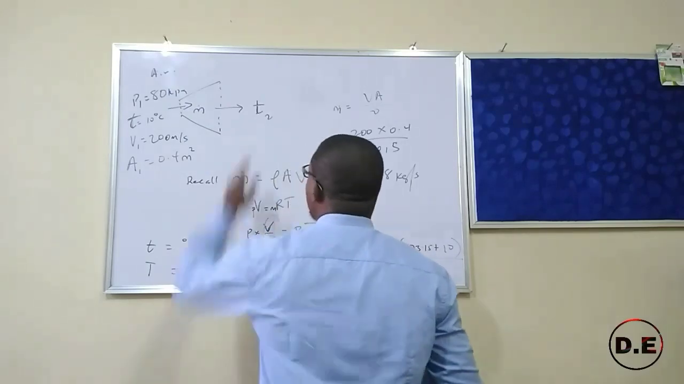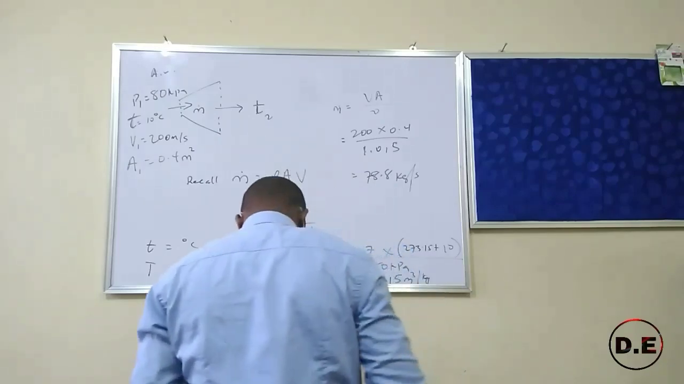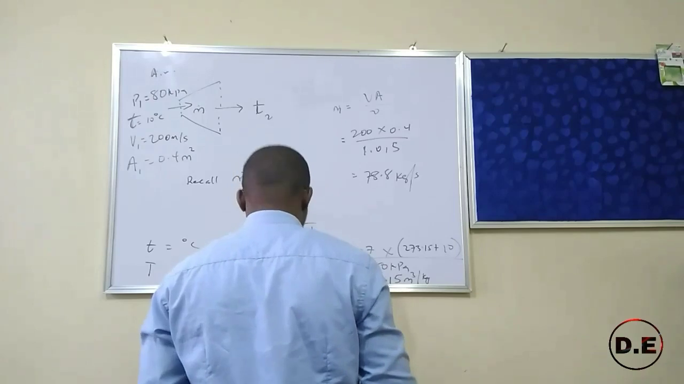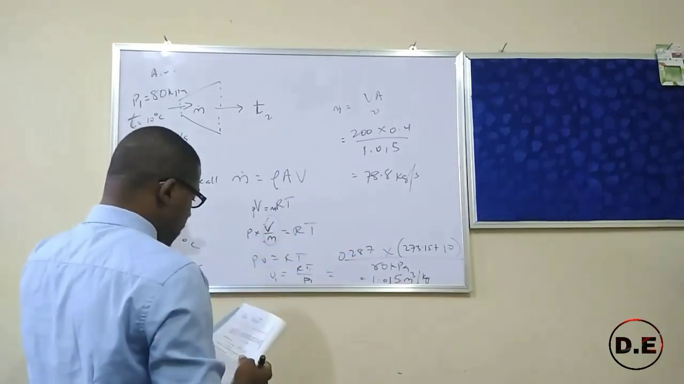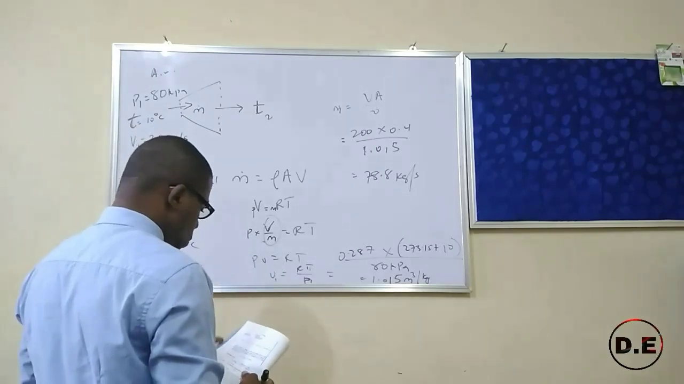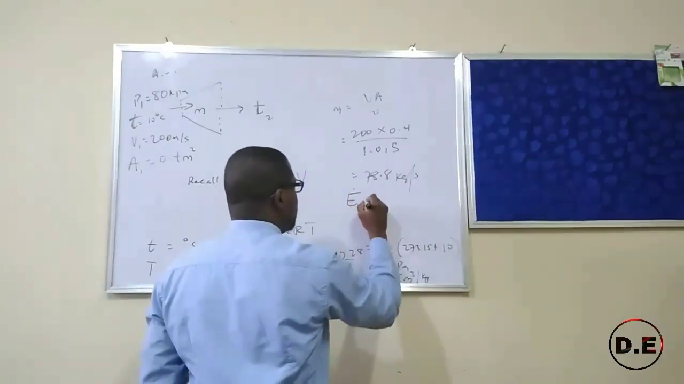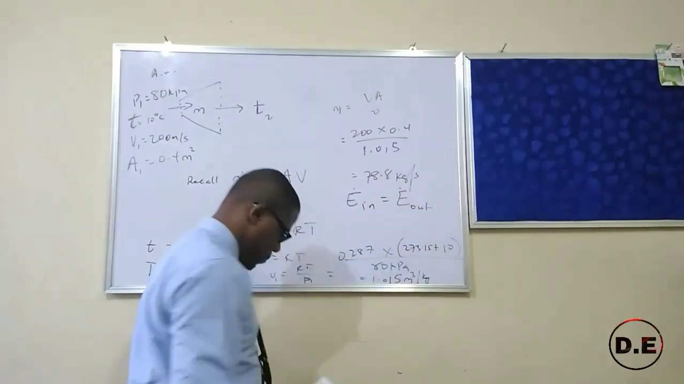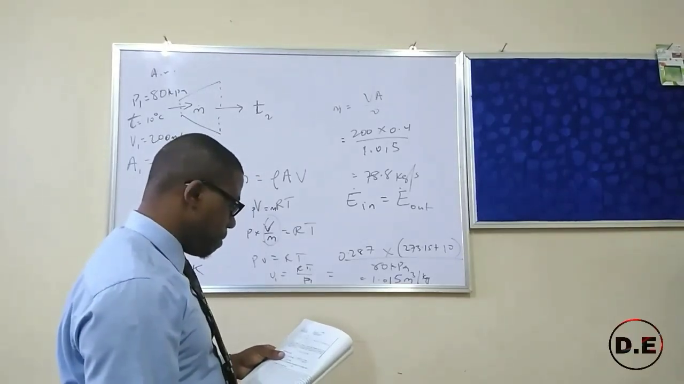Furthermore, to get the temperature at the exit, we have to do the energy balance of this. So to carry out the energy balance, I'm going to write a very simple formula, which is that energy in is equal to energy out. If that is true, I can also write that